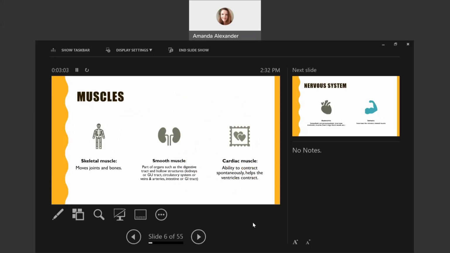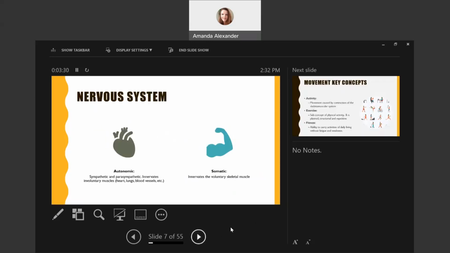Some of the muscles involved are skeletal muscles. They're the muscles that move the joints and the bones. Smooth muscles are part of organs such as the digestive tract, kidneys, GU tract, circulatory system, arteries, intestines, and GI tract. Cardiac muscle has an ability to contract spontaneously and helps the ventricles contract. The nervous system is composed of the autonomic and